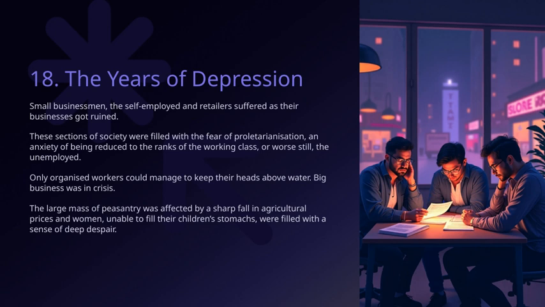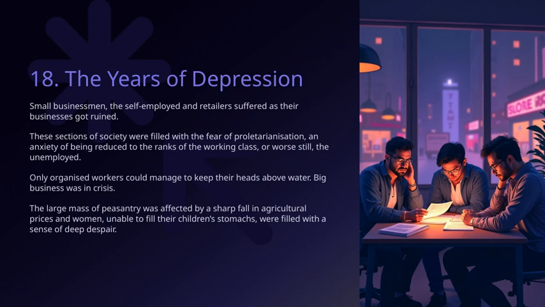Meanwhile, big business was also struggling and in crisis, showing that the depression affected the entire economic spectrum. We also can't forget the large peasantry, who were hit hard by falling agricultural prices. For many women, this meant a deep sense of despair, especially when they couldn't even fill their children's stomachs. All these points connect to the broader theme of how economic downturns deeply impacted different social groups, creating widespread hardship